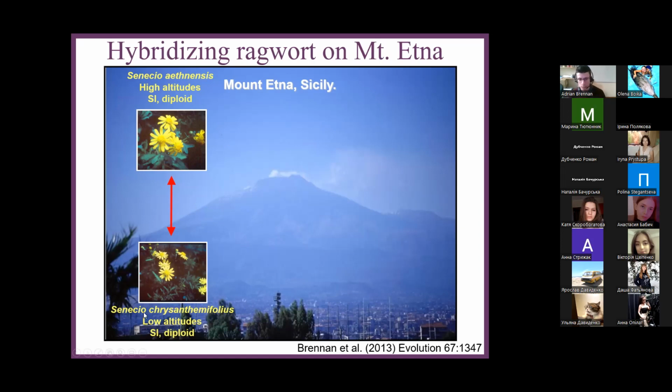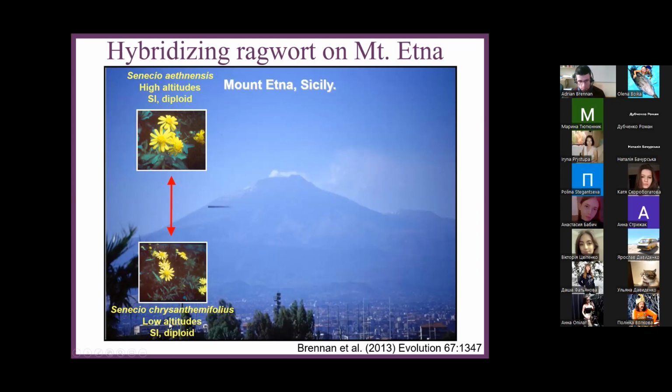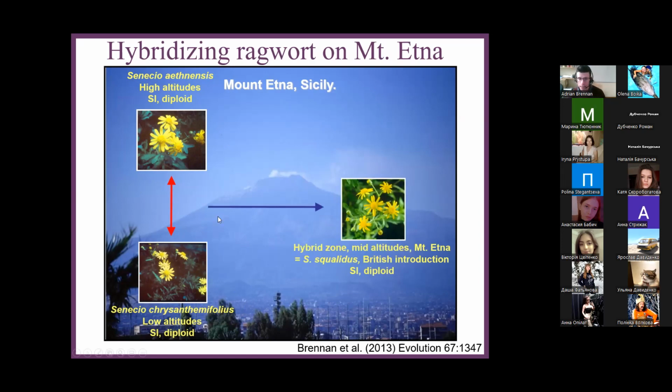It comes into contact with a closely related species, Chrysanthemum folius, that exists only at lower latitudes, and both species are self-incompatible. Where the two species come into contact at middle latitudes on the mountain, they form a natural